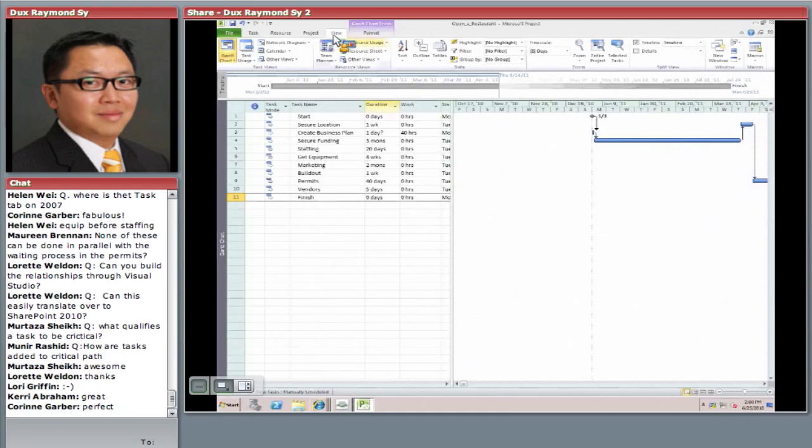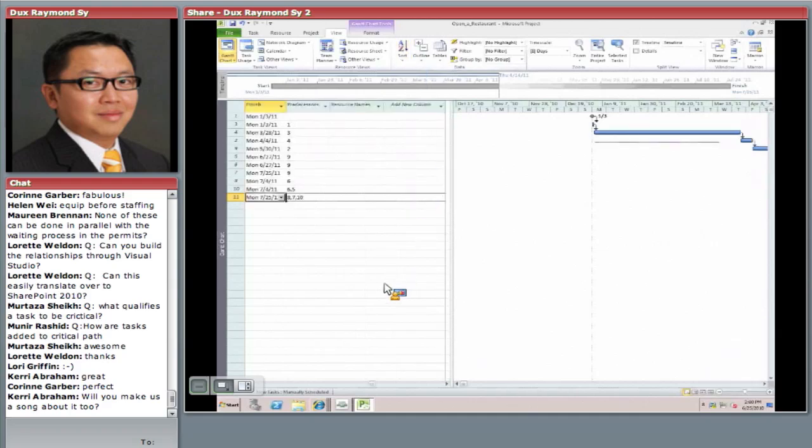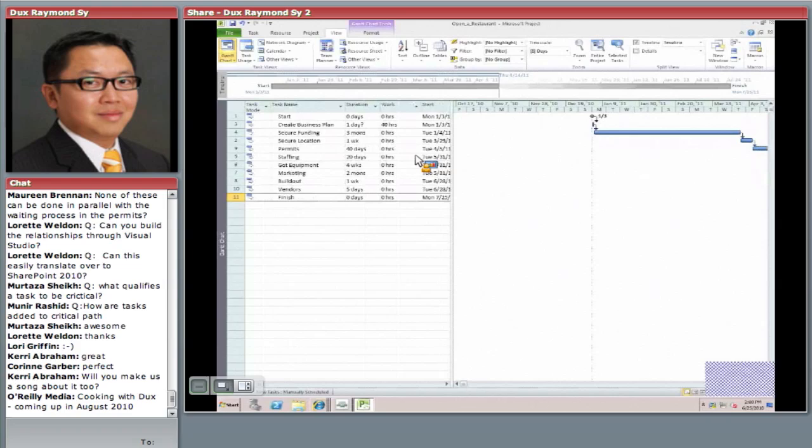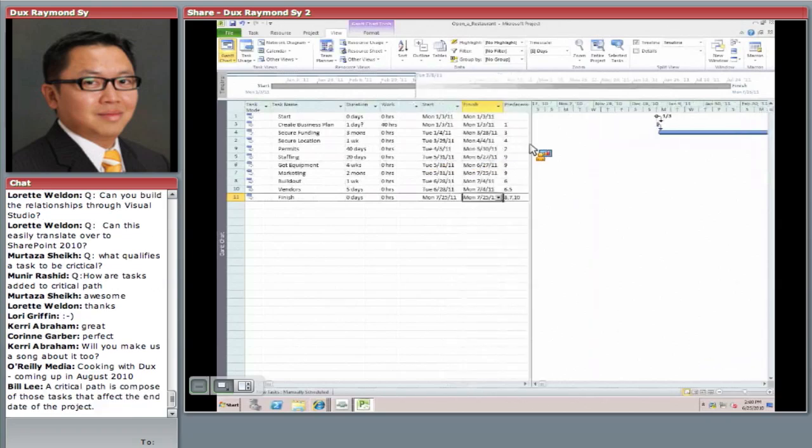So what I could do is I can go to the View tab, and under Sort, I want to click on Sort by Start Date. Sort by Start Date, okay? Now,